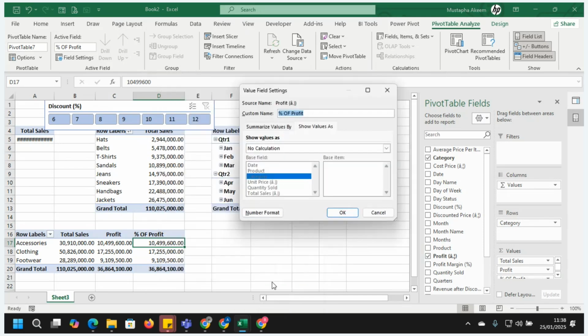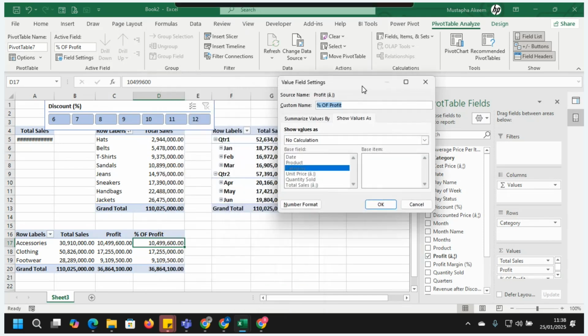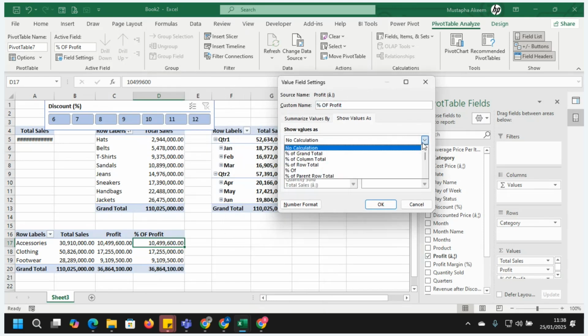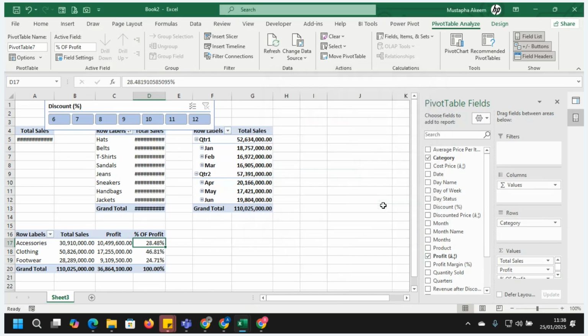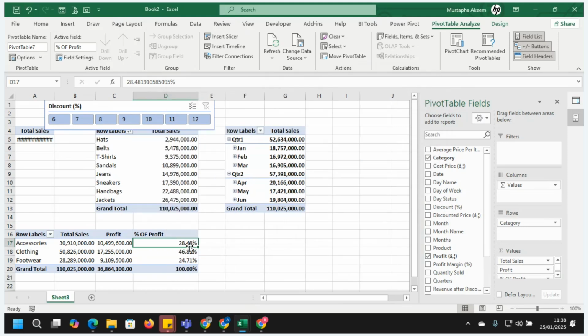Okay, let's see more options here. Calculation. Percentage of grand total. This will just give us percentage of total only. Percentage of column total. That is this. You can have something like this. You can see this one contributes 20% of the total profit. This one contributed 46%. But that is not what I want to do.